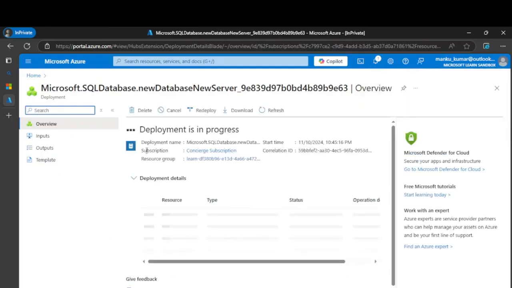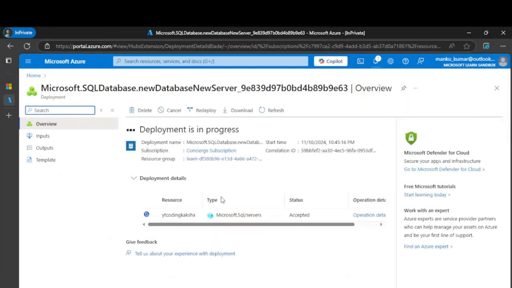So once you have done the settings successfully, you will select your resources. It will start getting deployed. So you can see that deployment is in progress, and this will start the resource check and all those things. It will take some time, like 2 or 3 minutes. So I'll skip the video till then, and we will come back after that.